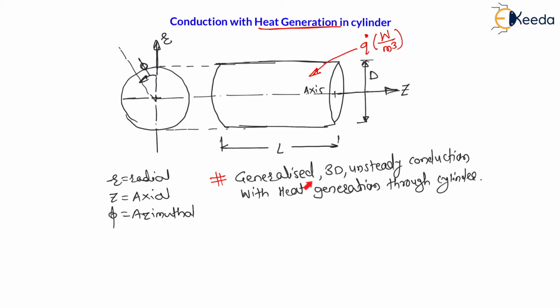Now, my dear students, let us write the generalized 3D unsteady conduction equation with heat generation through a cylinder. In previous lectures, we derived this type of expression for the plane slab. But here for the cylinder, we are not going to derive this expression. Here I will directly put the result, because the derivation for the cylinder is not that important for competitive exams as compared to the plane slab. The plane slab derivation was very important. That's why I took that derivation, which took about 40 minutes. Now here for the cylinder also we can derive this generalized 3D unsteady conduction equation with heat generation, but there is absolutely no need of this.